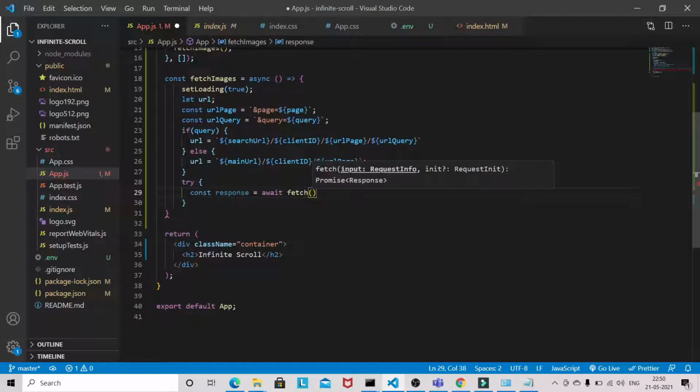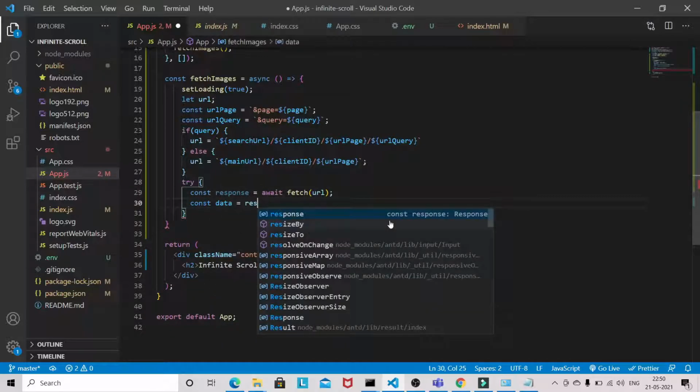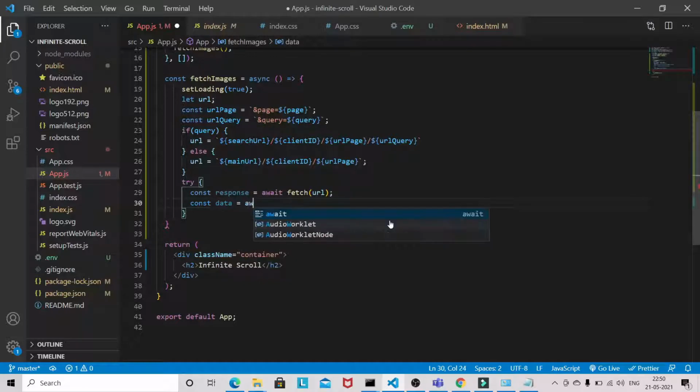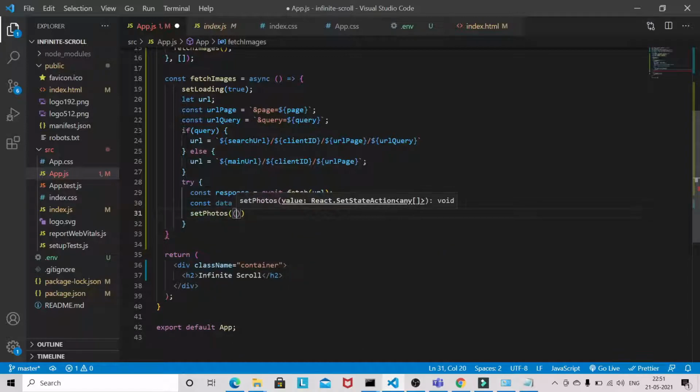Okay, so now await response dot json. Now setPhotos. So we will pass callback, old photos.